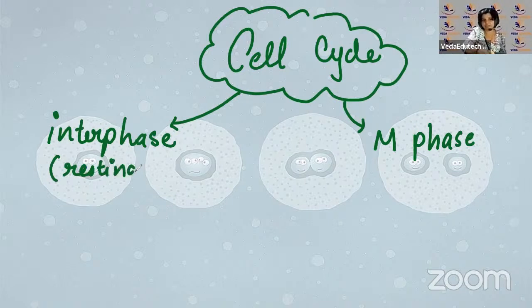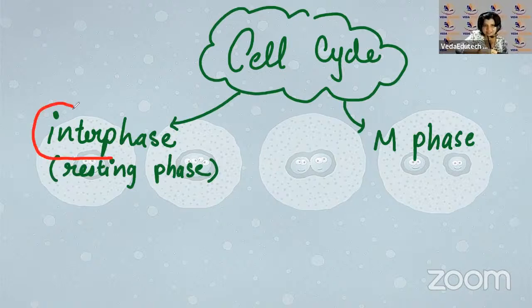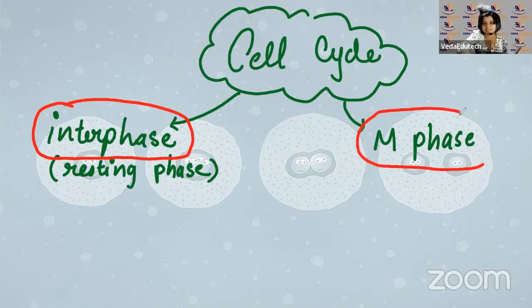It's not that cell is not doing anything there. Cell actually does quite a lot, but it is not as dramatic as the cell would be in M phase. We'll see what happens in M phase in subsequent lectures. First, let's just look at interphase and see what happens in interphase. We saw that in the interphase, because it's very, very long, cell spends 95% of its time in interphase, right? Because of that, interphase is also divided into stages. What stages? Interphase is divided into 3 stages, right?